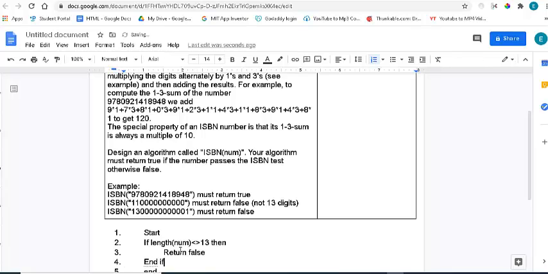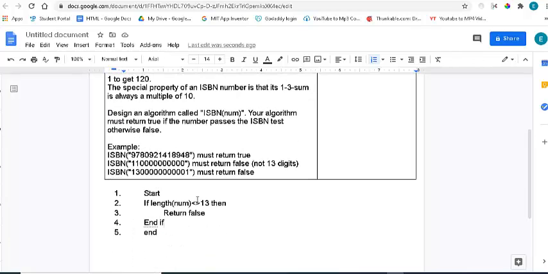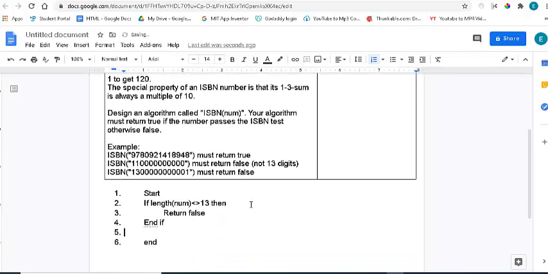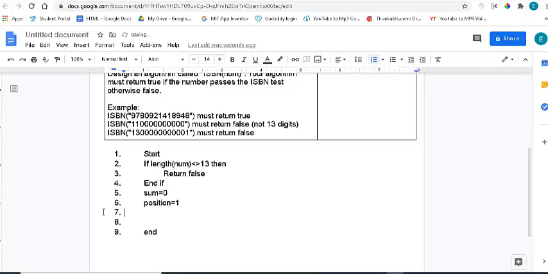And end if. Now that we know it is 13 digits, I have to have a variable which keeps the sum of all these products. So I'm going to define that variable to be, let's say, sum, and I initialize it to 0. Now I'm going to set the index of the loop, let's call it position, to be equal to 1, the first character. Now I'm going to start my loop. So I'm going to say if position is less than or equal to 13, then